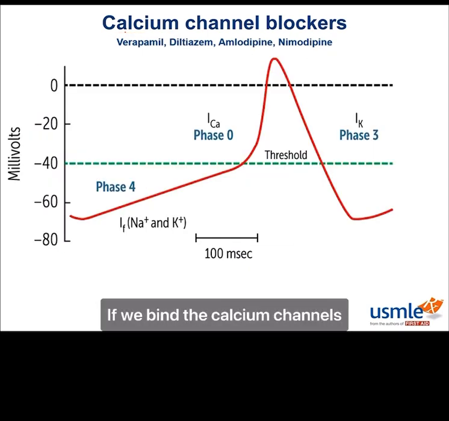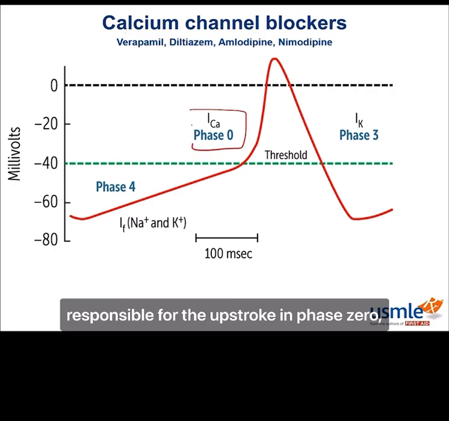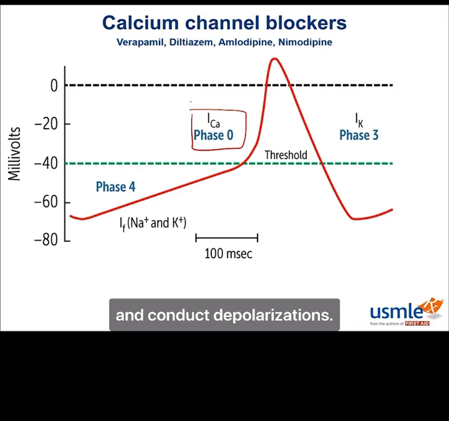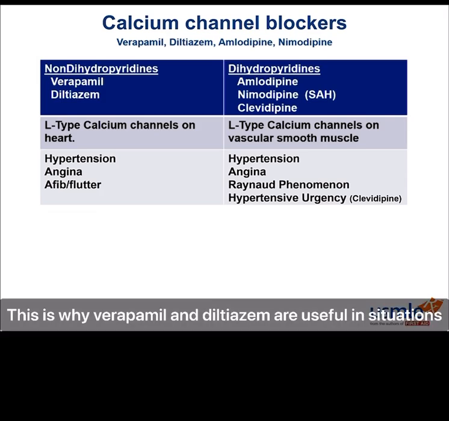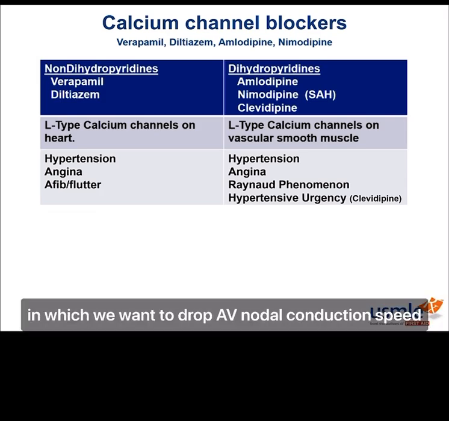If we bind the calcium channels responsible for the upstroke in phase 0, we are going to drop the rate at which we create and conduct depolarizations. This is why verapamil and diltiazem are useful in situations in which we want to drop AV nodal conduction speed,